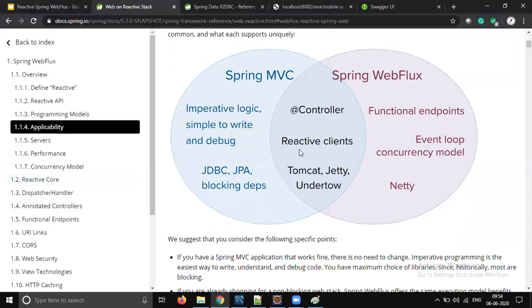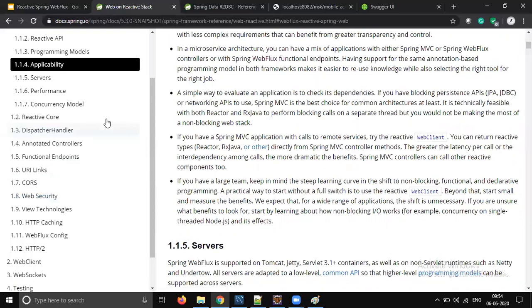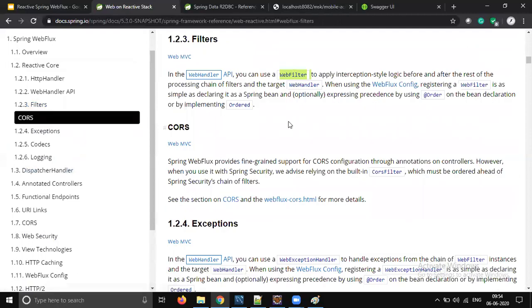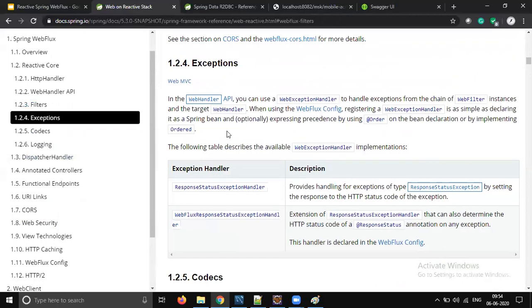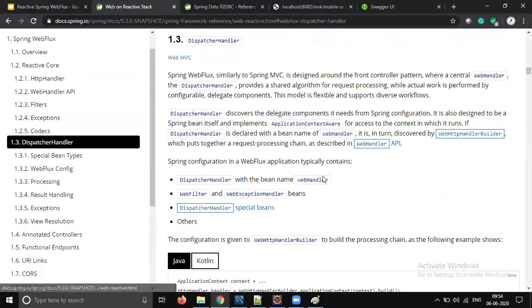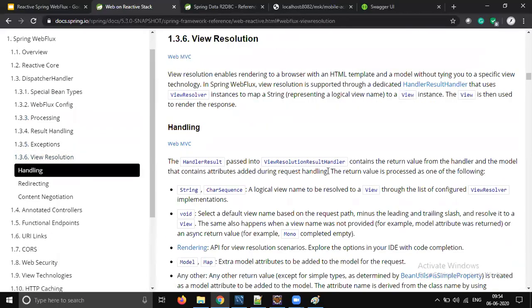Okay, because when you go for native Spring WebFlux, you don't get any servlet feature, so you should consider a lot. Okay, but we still have filters, right? So it's supposed to be web filter, not servlet filter, right? But whatever features we have in our Spring MVC, for exception handling, at exception handler, and at controller advice, those things will still work with native Spring WebFlux also. So we need not worry about those things. And view resolution also is still the same.